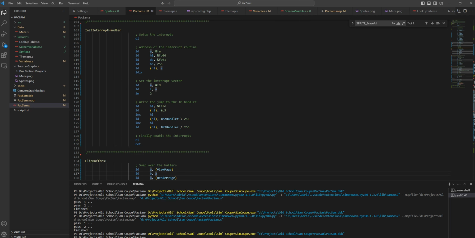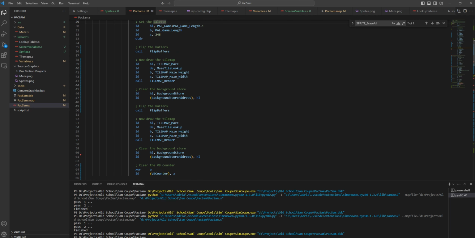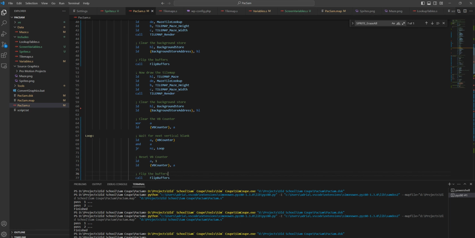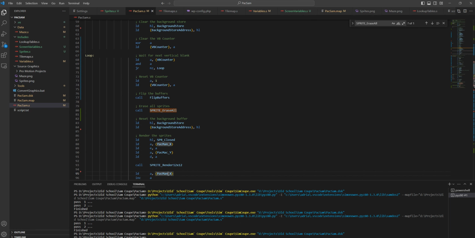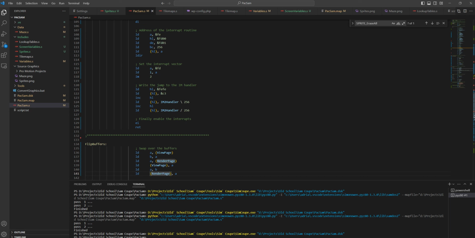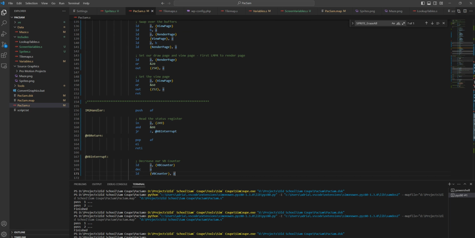that. One thing we do want to do is, obviously, if we're doing it this way and we currently take 2 frames, we're going to set VB counter to 1. The drawing takes 2 frames, so it's going to go down to 0. By the time we get back up here, it's going to be at -1, 255. We're going to sit there for ages. So down in our interrupt routine,